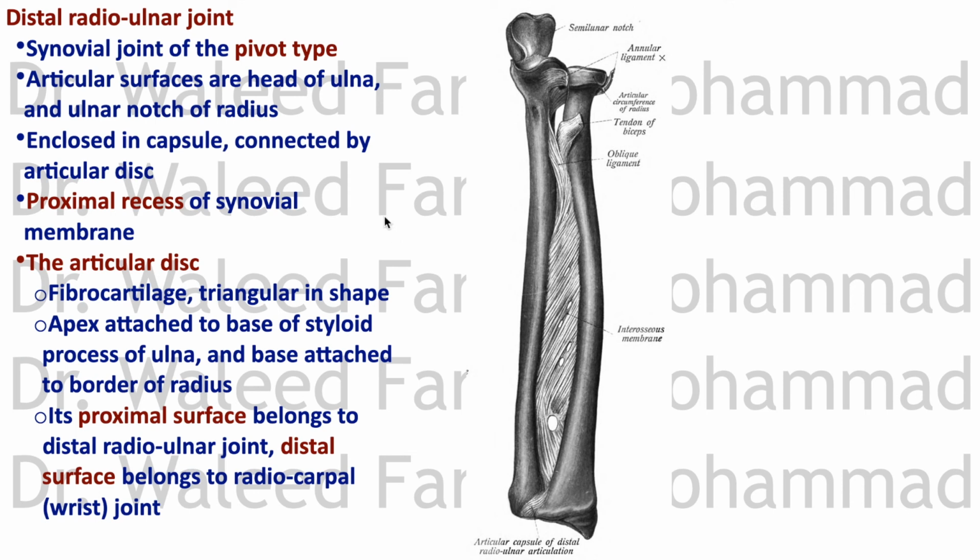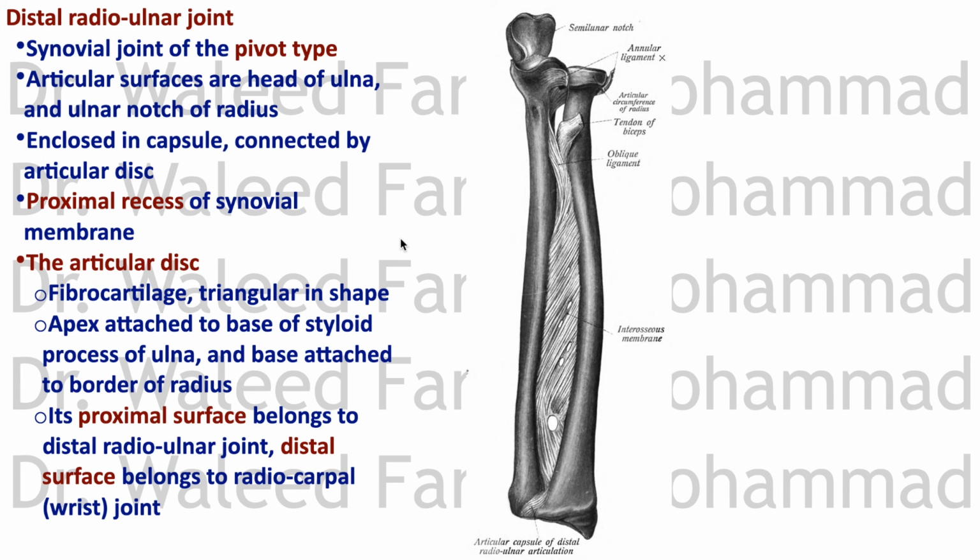The distal radioulnar joint is a synovial joint too. It's of the pivot type. In this joint, there's an articular disc between the radius and ulna that isolates the ulna from the wrist joint. So the anterior surface, or the distal surface, of this articular disc belongs to the wrist joint, and the posterior or proximal surface of the articular disc belongs to the inferior radioulnar joint. It's enclosed in a capsule connected by the articular disc,